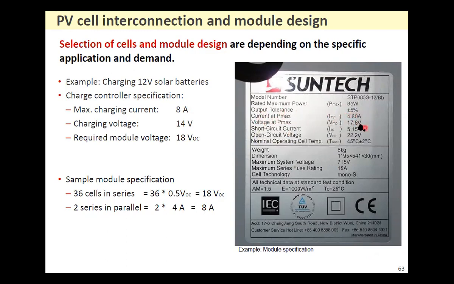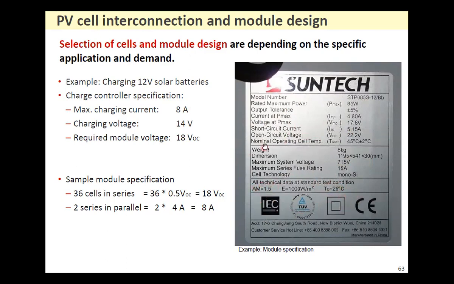Now this reading is obtained when the irradiation is 1000 watt per meter square. This P max and V max are for 1000 watt per meter square. If the sun intensity is less than 1000 watt per meter square, then these values will not be there. These are the ratings, measurements taken at this standard test condition,